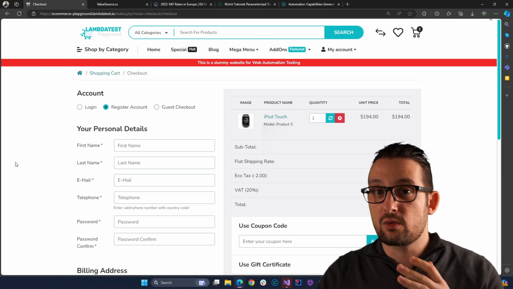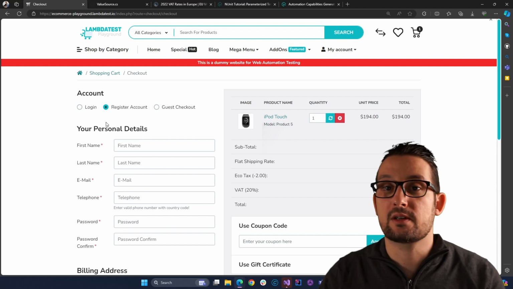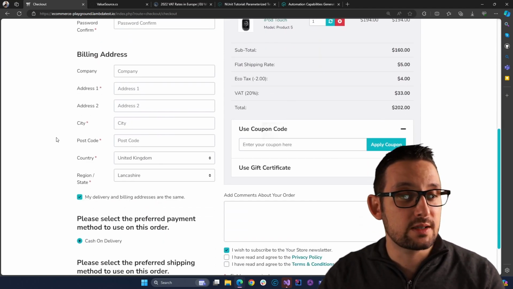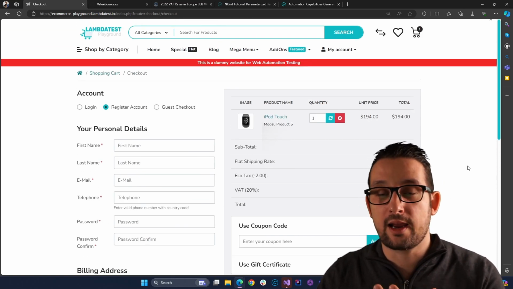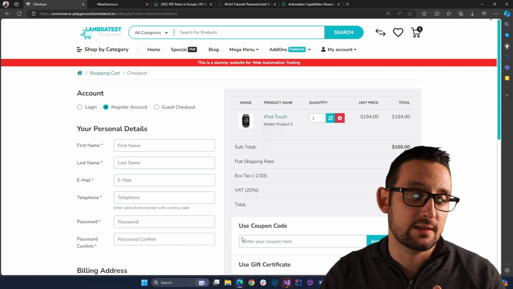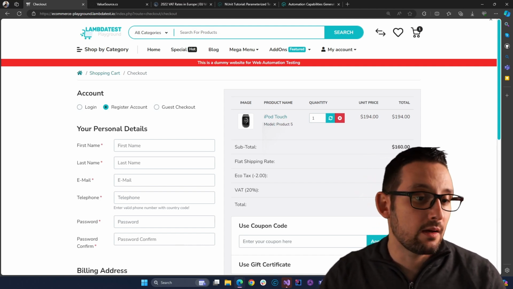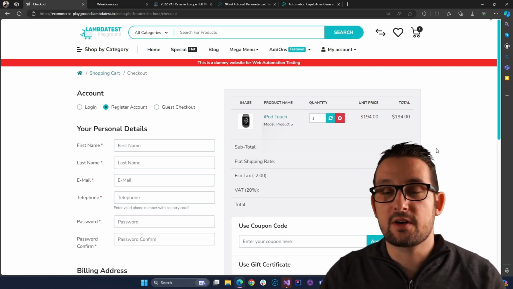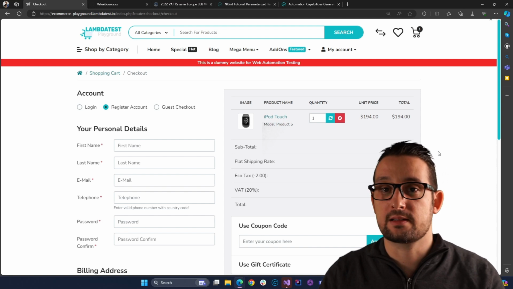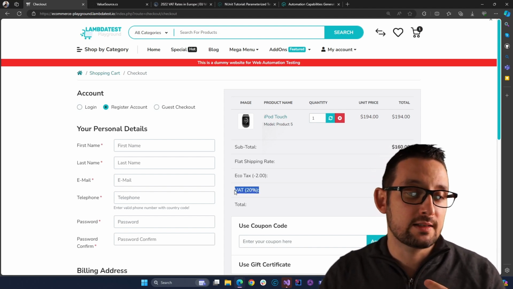For the checkout, we will focus on one of the happy paths where we are registering a new account. But this is not the main focus. The main focus is that for every operation here, the most important part is to verify the data and especially the prices, what you're going to bill the client. Again, there are many variations and hundreds of test cases here just for the prices. However, we need to focus more on this